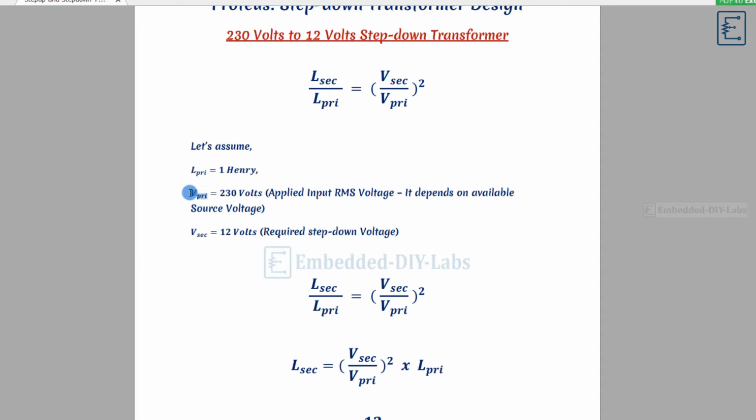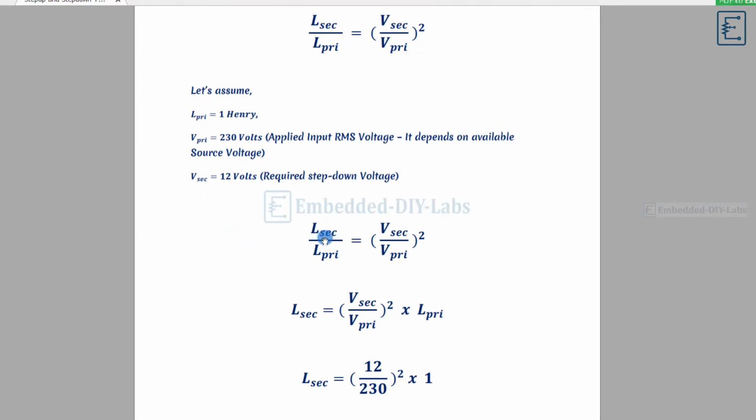It depends on the available source voltage. Then the secondary voltage is 12 volts, which is the required step down voltage.